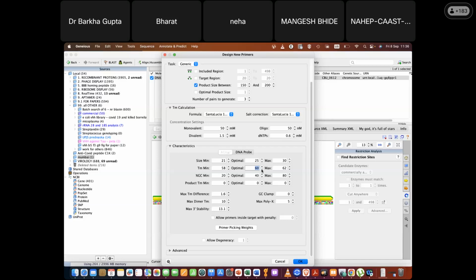That's why your annealing temperature should be higher, about 58 to 60. It's extremely important when you are doing real-time PCR. Remember, in case of real-time PCR, you can use only two-step PCR: first denaturation, and then combined annealing and extension at 72. In that,